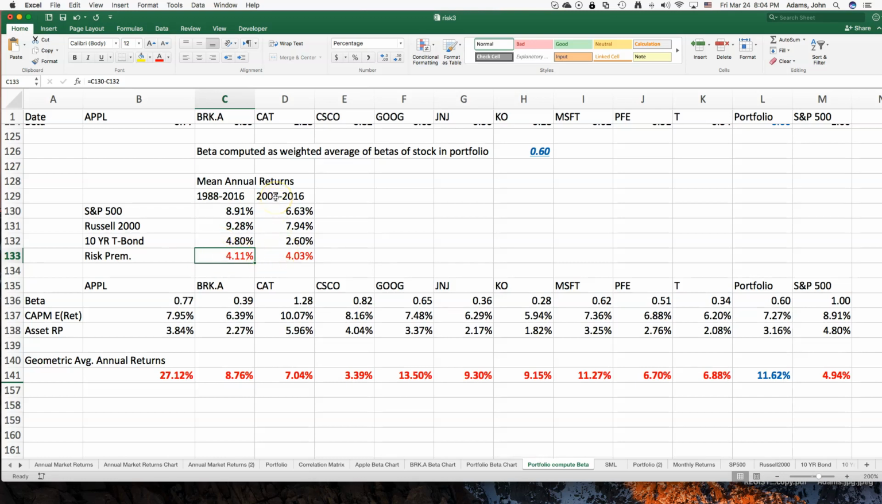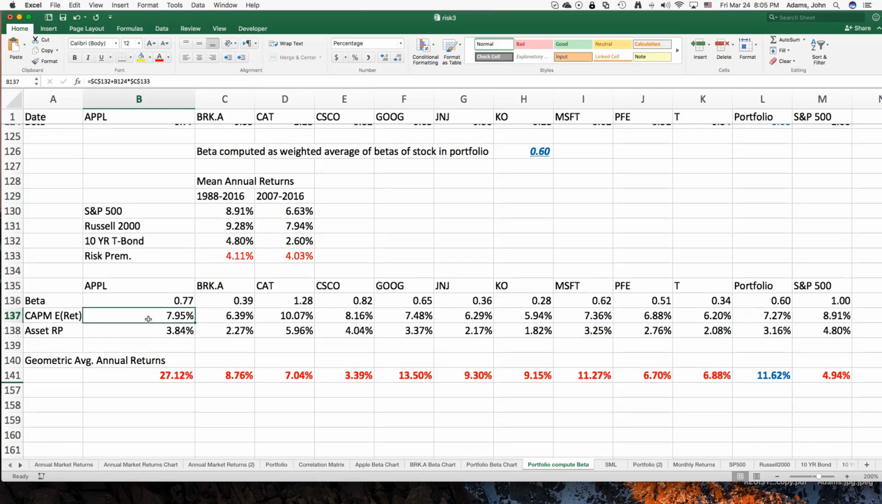And if we want to see how stable this is, we can look over just the last 10 years from 2007 to 2016. We see that risk premium is about 4%, so a good estimate for market risk premium is somewhere around 4%. So applying the beta of 0.77 for Apple, the capital asset pricing model would say that the expected or required return for holding Apple stock is